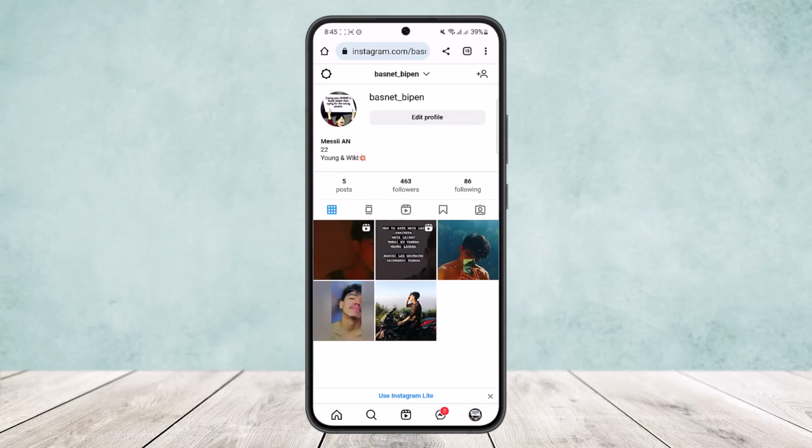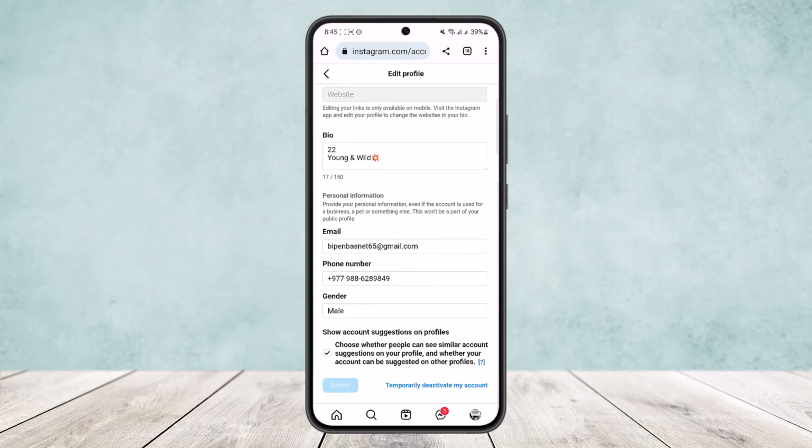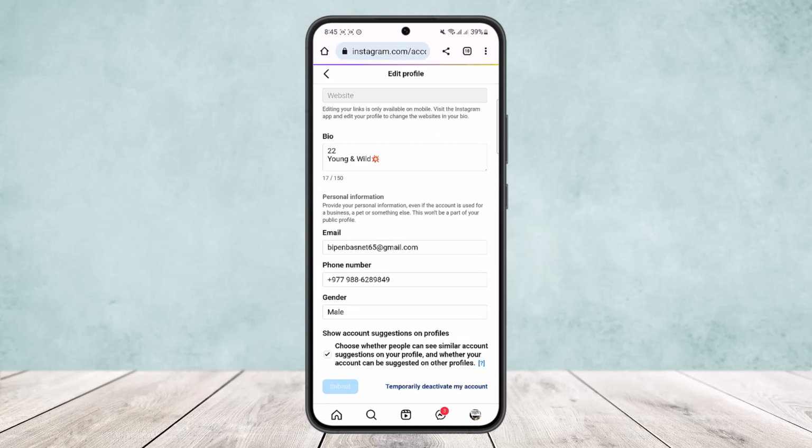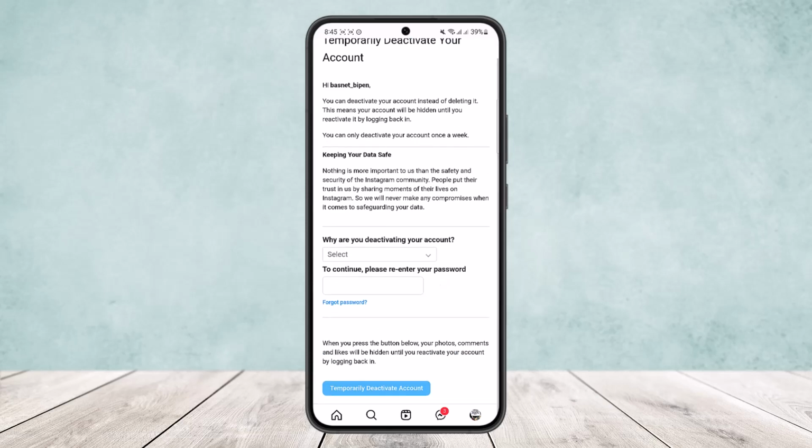Now, once on your profile, what you want to do is tap on the edit profile option that you can see on the screen. Simply tap on edit profile here, and if you scroll all the way down below on your edit profile option, you'll find the option temporarily deactivate my account. Simply tap on temporarily deactivate my account here, and if you scroll down below, it'll ask you why you are